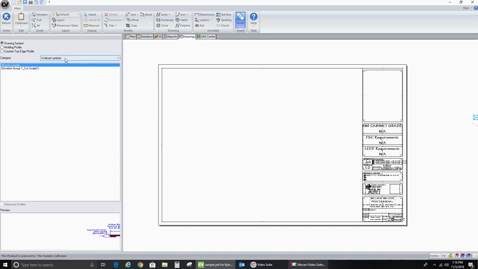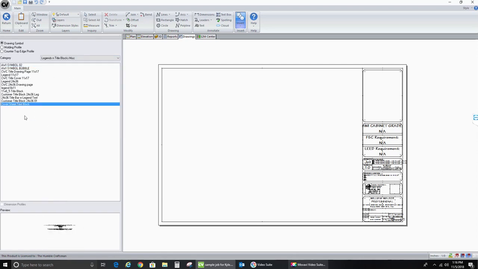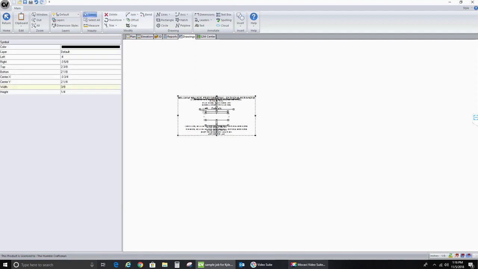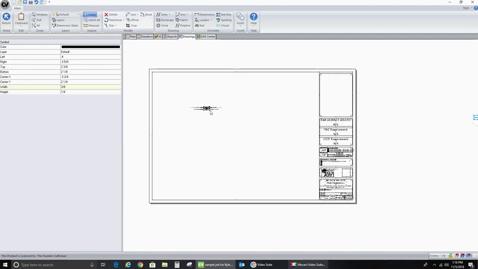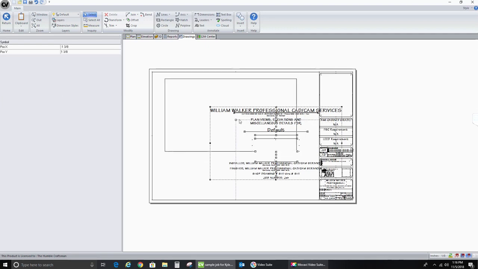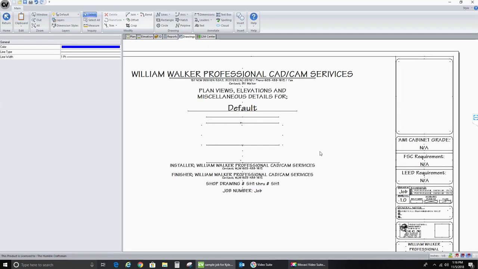Scale for when I'm importing stuff, we can set it for 3/4. You can always change it, set as default. Title block, let's go with the 11 by 17 for auto text, set as default. And now every time I bring up a page, this is what it's going to look like. So, and then if I have information on the cover that I need to do,